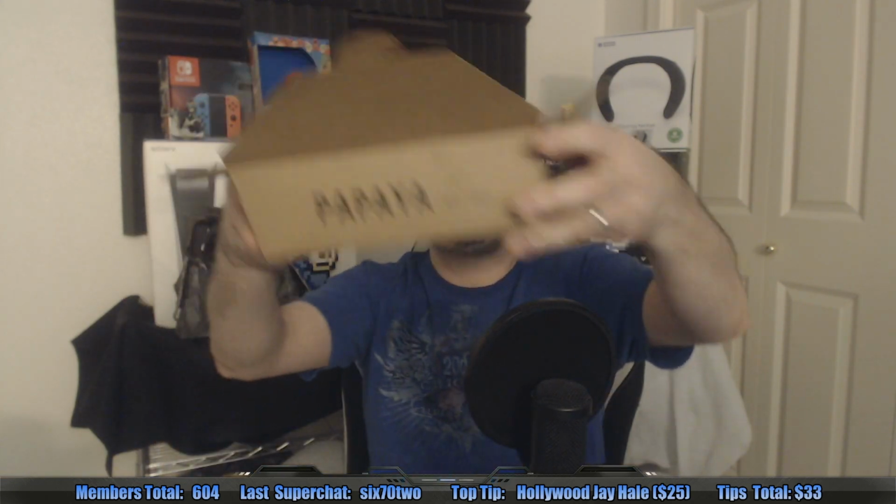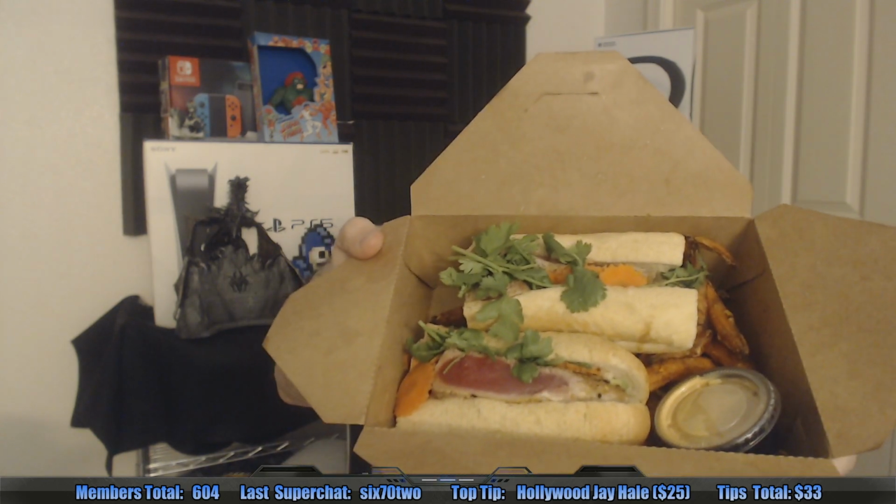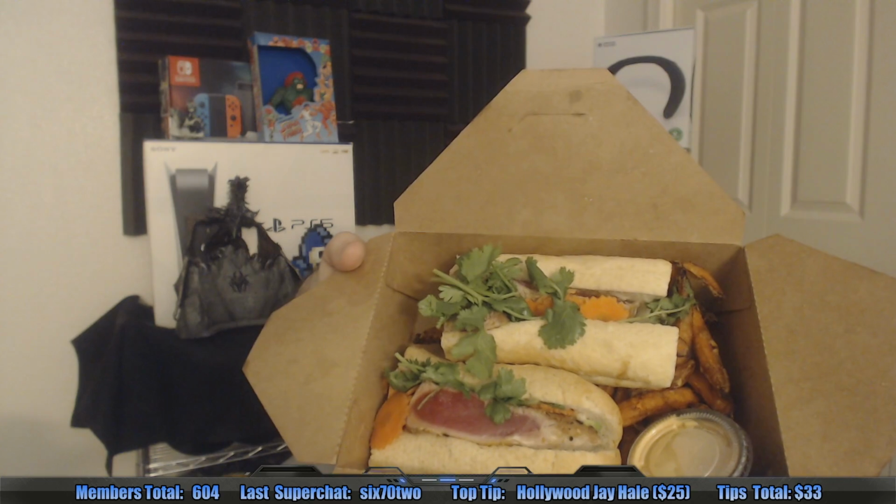And then a banh mi sandwich, which I've never had ever before. Seared ahi tuna and avocado banh mi sandwich. Allow me to show you what it looks like. Seared tuna, seared on the sides, kind of raw in the middle, but I think that's how you're supposed to cook tuna, actually. And on that baguette, you've got some cilantro, carrots, and they gave me a side of the mayo. I'm going to have to try to wait to spread it on. I want the mayo on there, obviously. So hopefully it's good. I've never had...